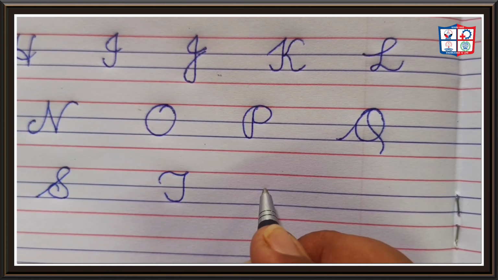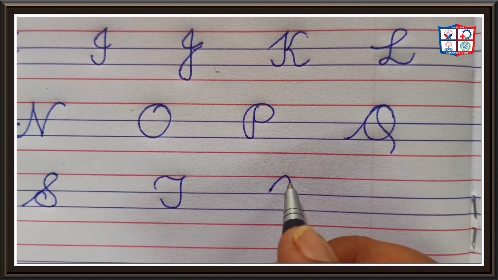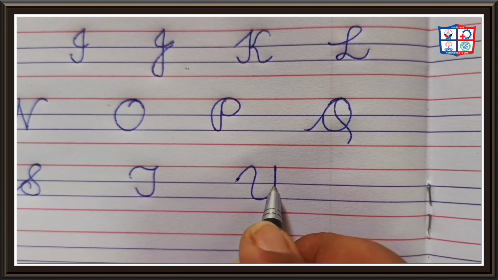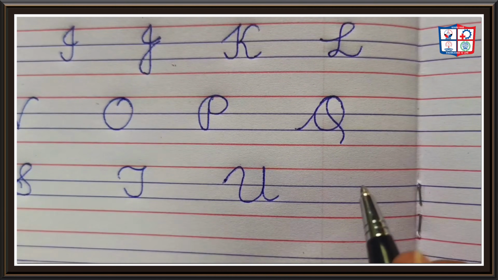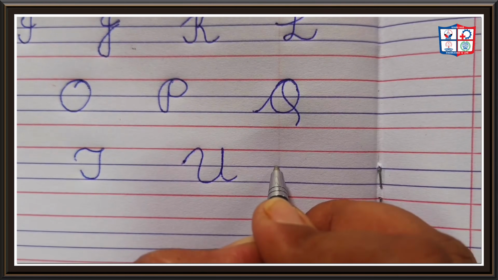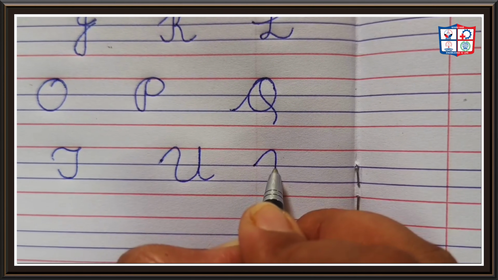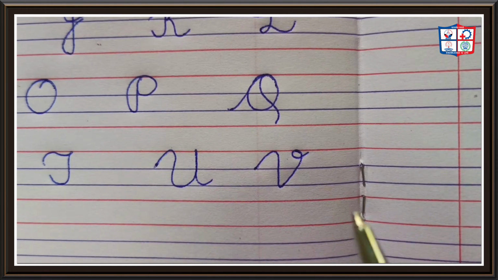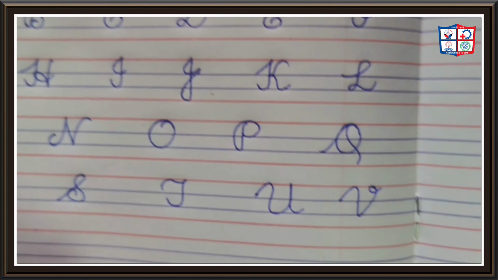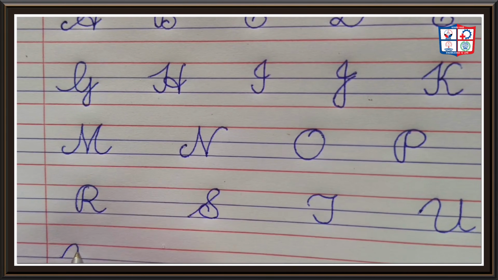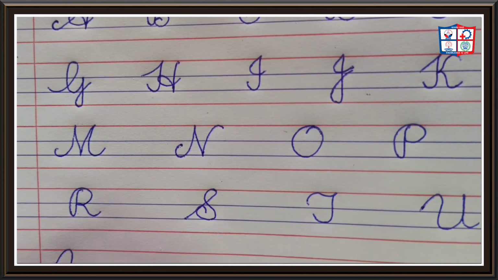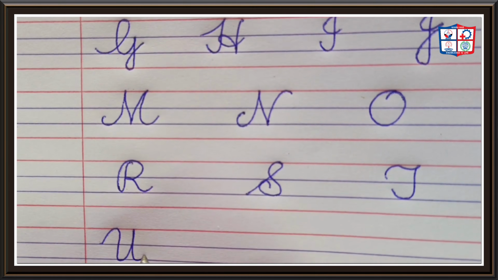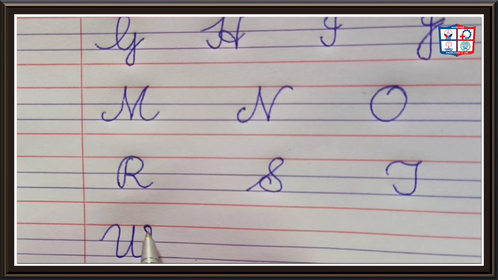Then U, it will start from the grass line, touch the skyline, make a little curve and then get it down, U. Now V, it is like the U, but take it a little straight and finish, curve, V. W, same as it is, we have to start from the skyline, again touch the skyline, get down into the grass line and make it curve,